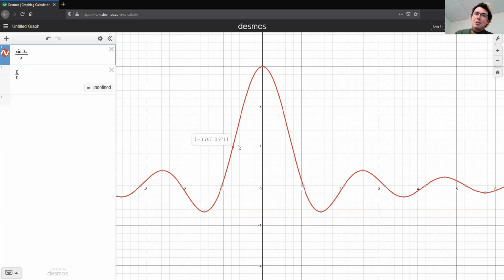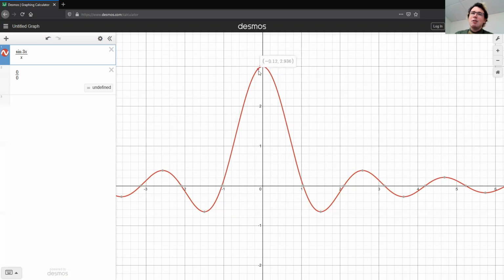I'm going to trace along the curve. I'm going to start at a coordinate away from x equals 0, and I'm going to get closer and closer and closer. In my head, I'm thinking that I should be getting closer and closer to y equals 3, and